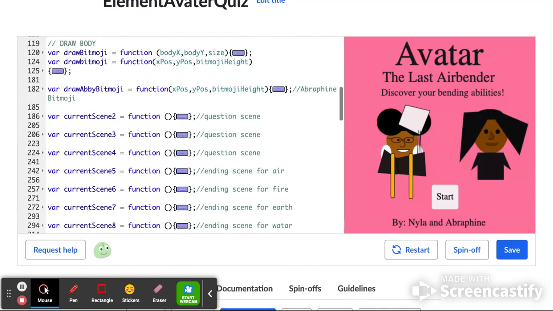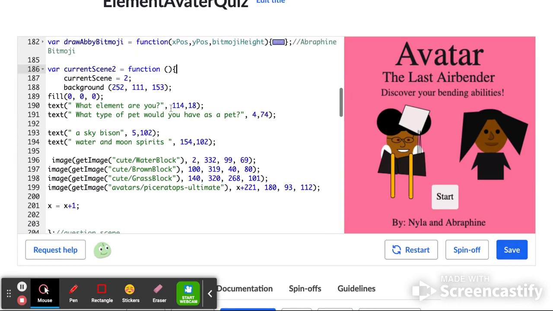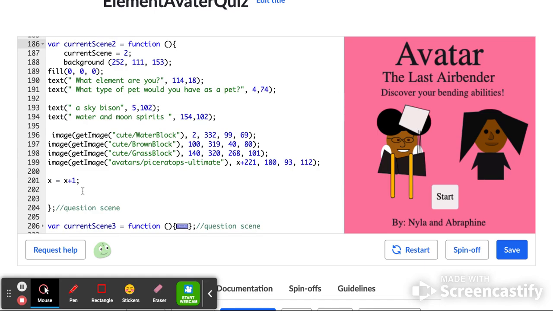And that's it. And this is how the inside of our scenes looks like, where we have what it equals to, the background, what's on the text, what the images are, and down here you'll see x equals x plus 1, which allows the animation to happen when